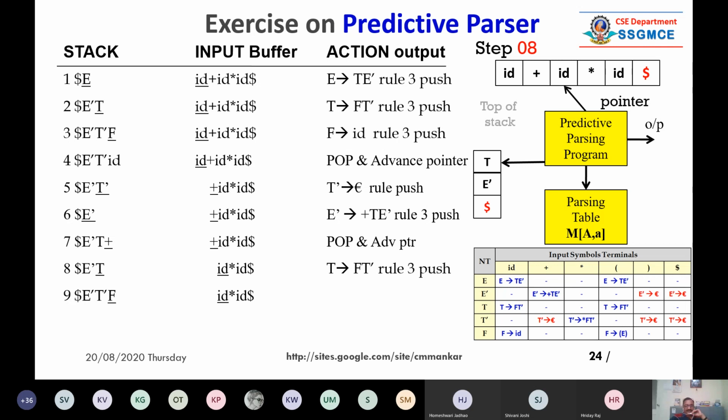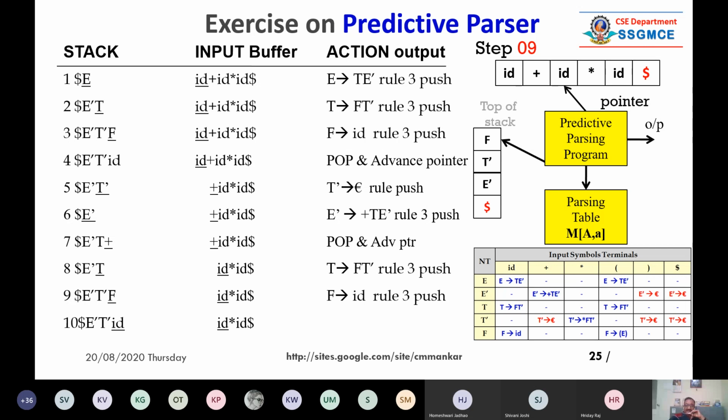So first you have to pop the T and then you have to push the right hand side of T. T is a non-terminal, so you have to push first T dash and then F. So if you read line number 9, then F will be on the top of the stack. This is slide number 25. So F is on the top of the stack as per serial number 9.